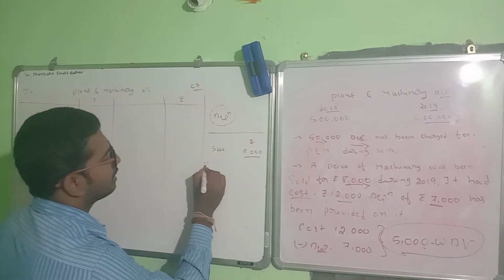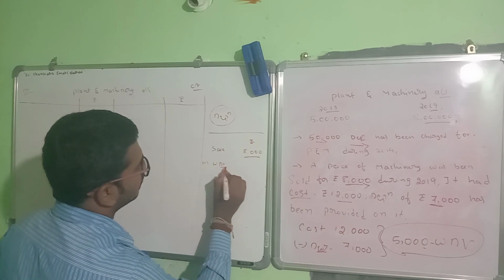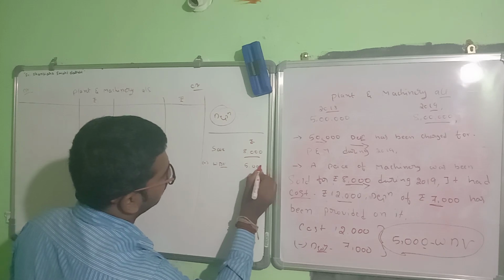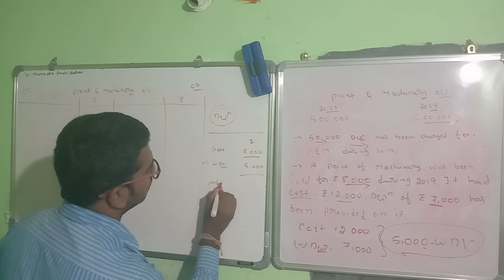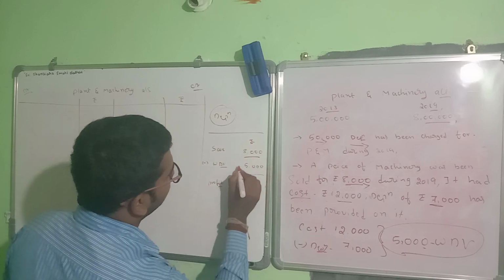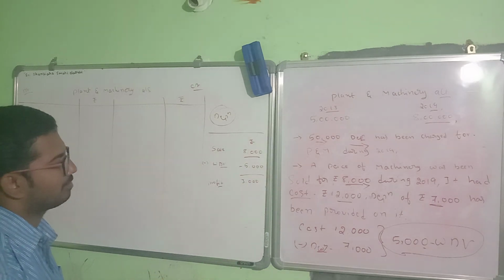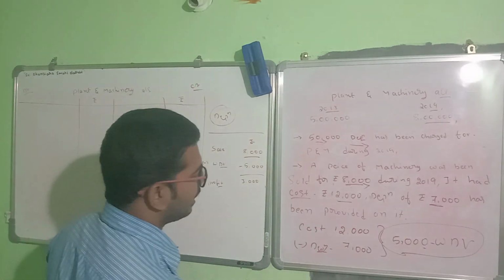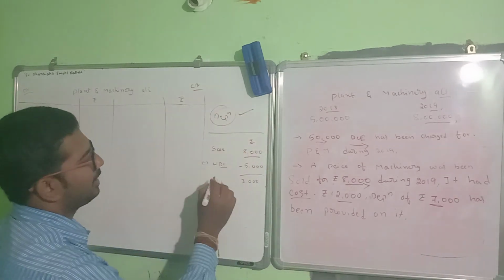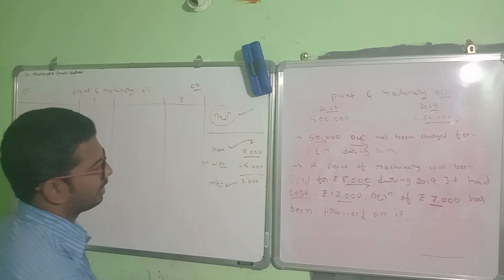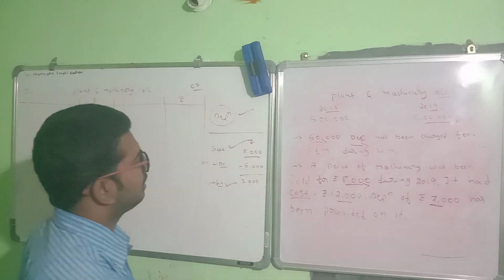Now deduct the written down value 5,000 from the sale. If you get a positive number, it leads to profit; negative leads to loss. So 8,000 minus 5,000, we get 3,000 as a profit. So we can find one more entry here. One is the depreciation entry, the sale entry, and the profit entry. So these are the three transactions that we recognized from the given information.